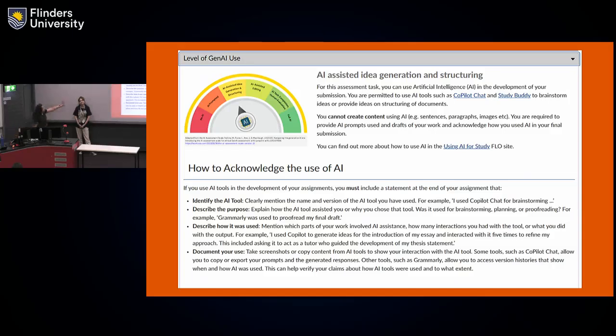So this is what this might look like in your assignments. You might see like this little scale, right? That tells you to what degree you are allowed to use AI. So this one is on AI-assisted idea generation and structuring. So this means that you'd be allowed to use it for things like brainstorming, for helping to unpack the question,